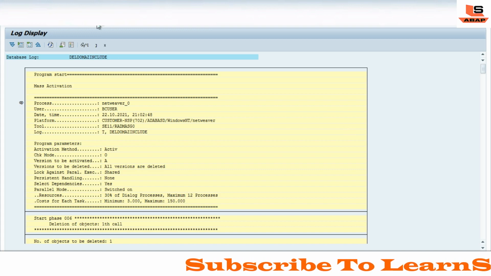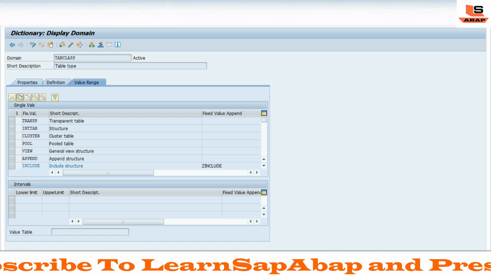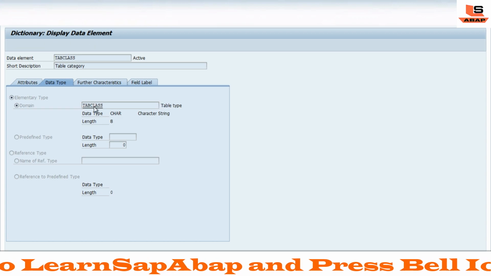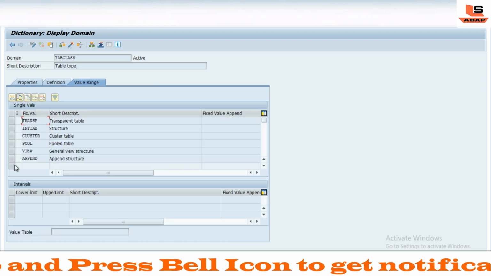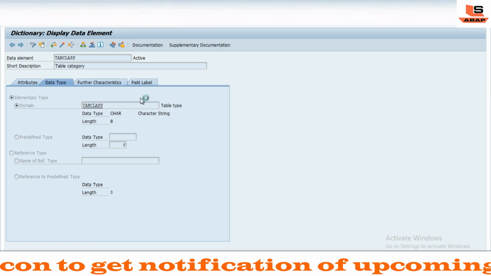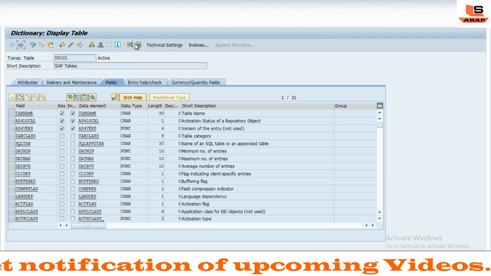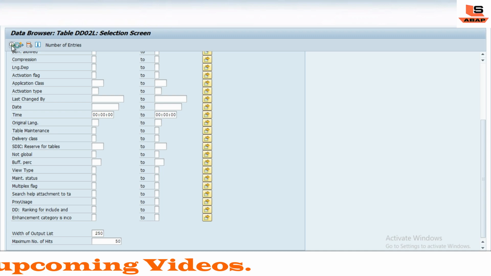I will go back. As you can still see the value, let me refresh this once again. Double click and click on the value range again. Now you can see there is no include structure. Let me execute the table also and show you inside the table. Execute with the filter, 50 entries.